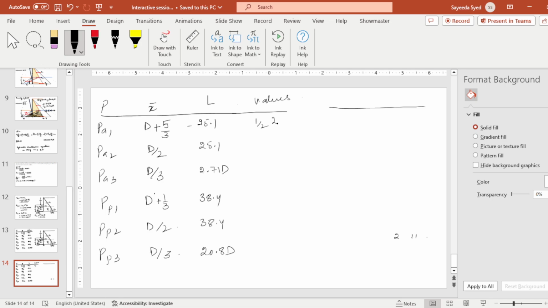This will be half of 2.71 D into D. This will be half of 38.4 into 1, not half, this will be 38.4 into D, and this will be half of 20.8 into D. And if we multiply these values with their x bar moments, we will get